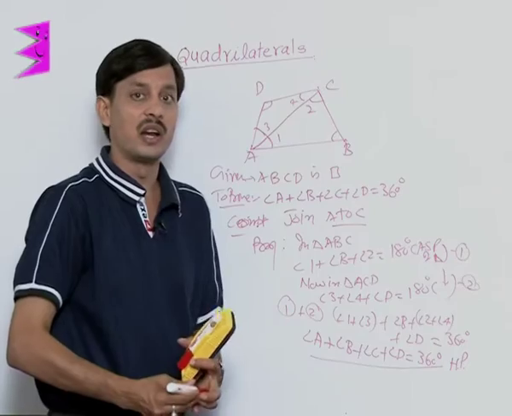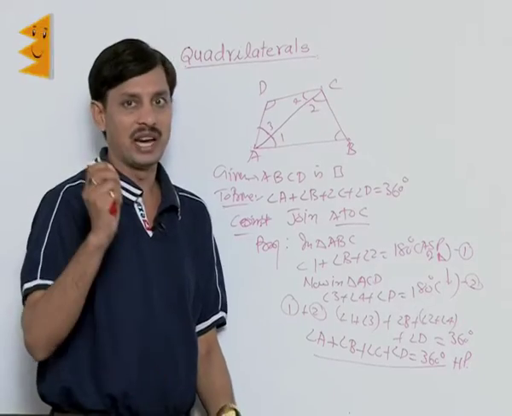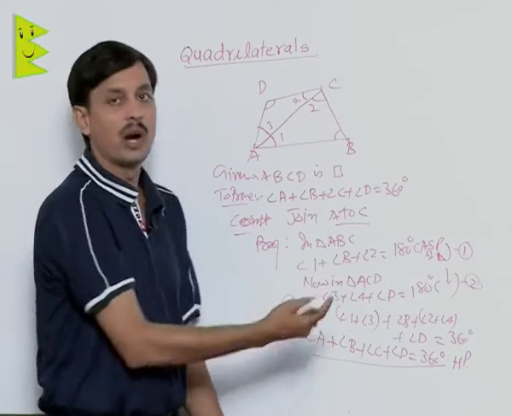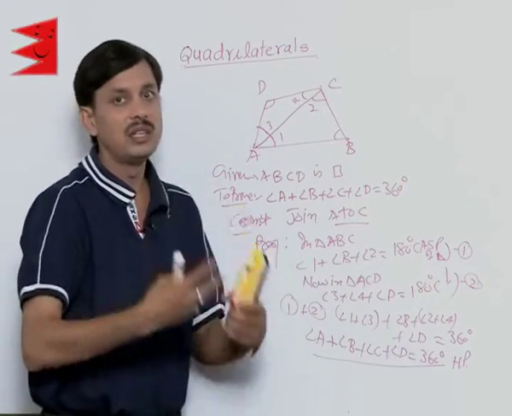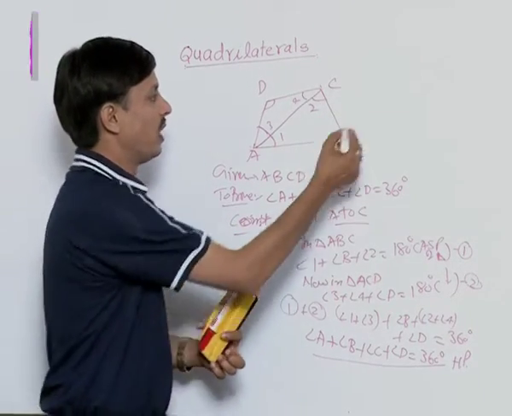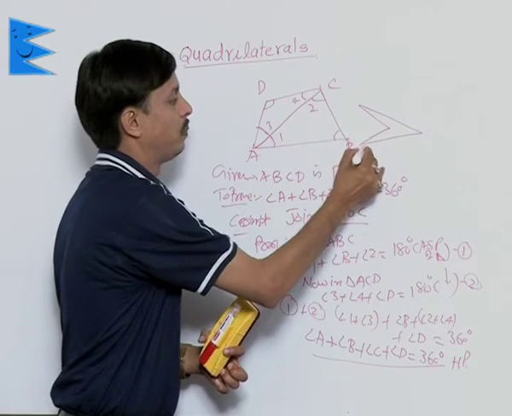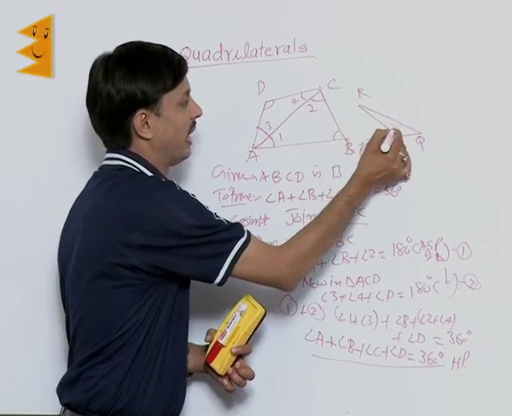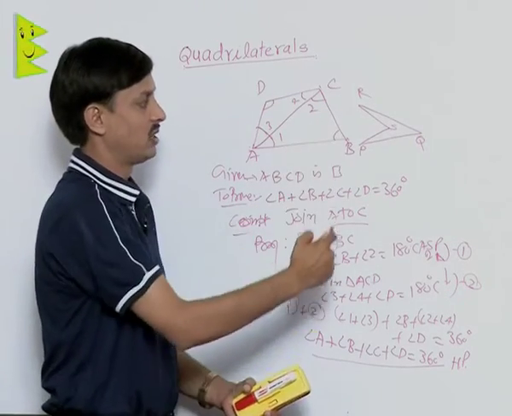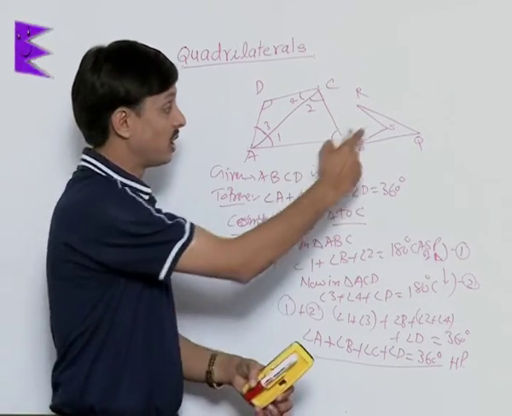So what is a quadrilateral? A closed figure, bounded by 4 sides, having 4 vertices, 4 angles, 2 diagonals. The sum of all 4 angles of any quadrilateral is 360 degrees, as shown to you. But if I draw one more shape of quadrilateral, you can say it is also made up of the 4 sides P, Q, R, S. This is a closed figure, bounded by 4 sides, having 4 vertices, having 4 angles. Then what? Is it a quadrilateral?